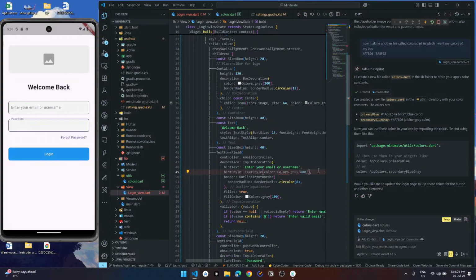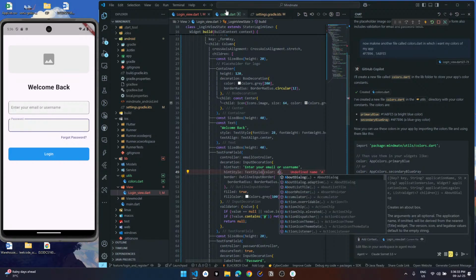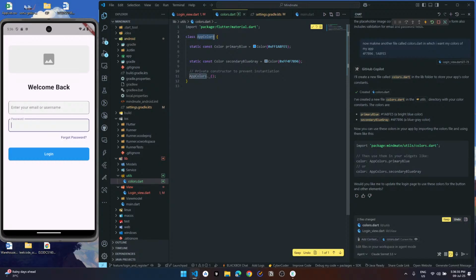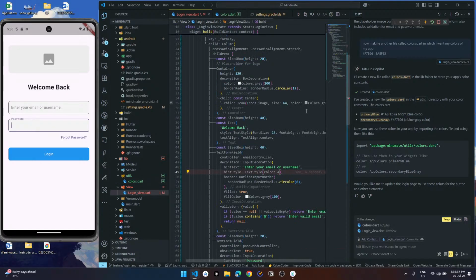Colors dot app colors. What's the name of this, app colors? App colors dot secondary blue, right? Oh man, I'm not primary blue, bro. Secondary blue.